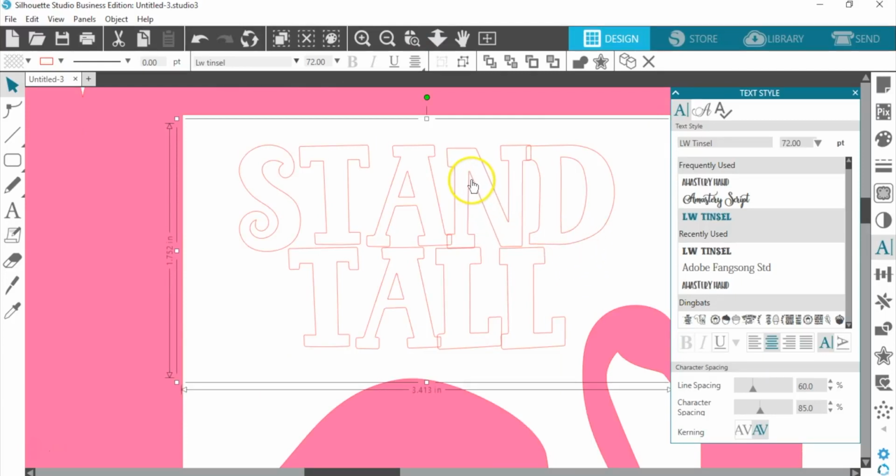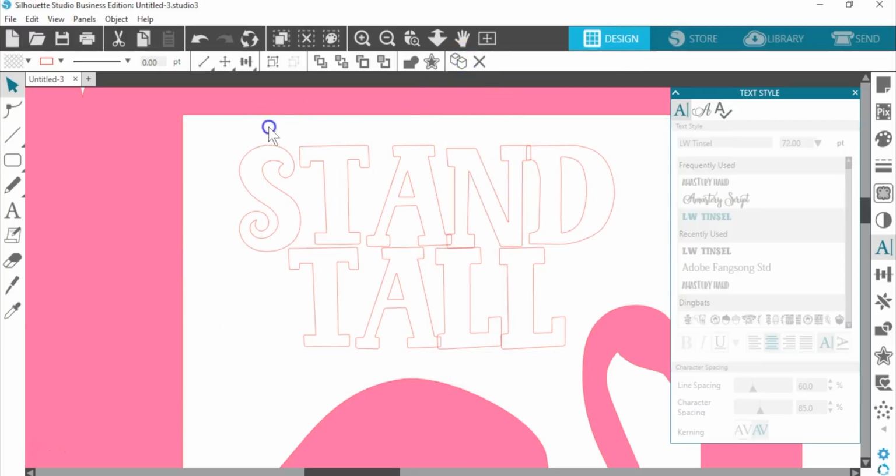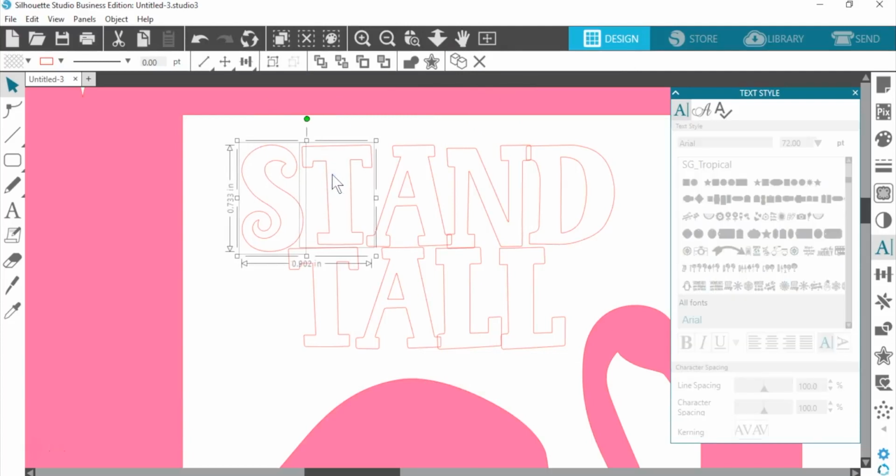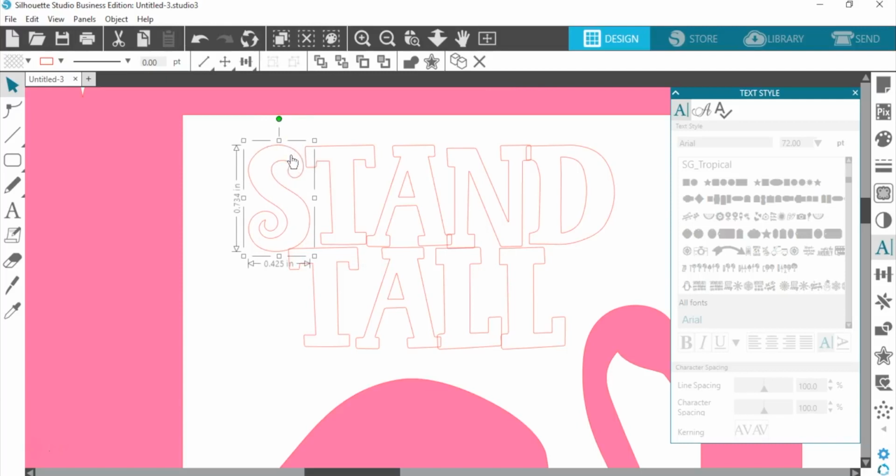Now at this point I can just ungroup them and nudge them together. So I'll ungroup them. Now it's no longer text, and I can just use my arrow keys to nudge everything over so it's got pieces that are touching and overlapping.